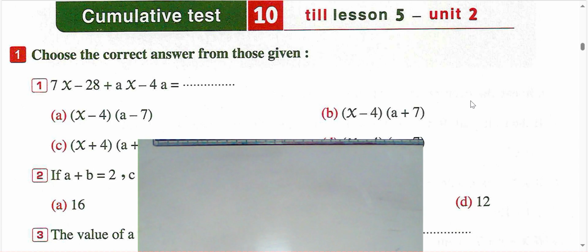Grade 8. Today we'll solve from the Mu'asir book worksheets, cognitive assessment test number 10 to lesson 5, unit 2. Question number 1, choose the correct answer from those given. Number 1, we have